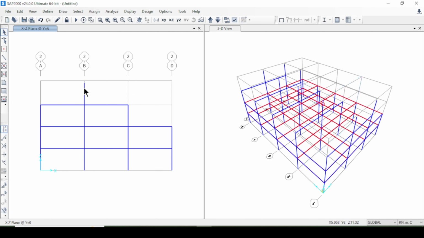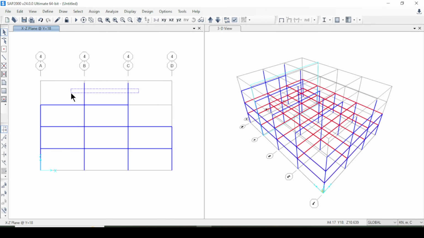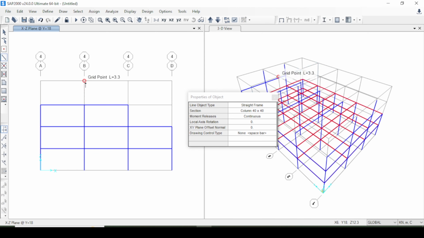I will draw it again. So I will make it again here, select here and the column, and I will just draw here and the other story as well. Okay, it is correct. So now I will delete both these columns, and I will draw here again. Okay, I will select and column here,